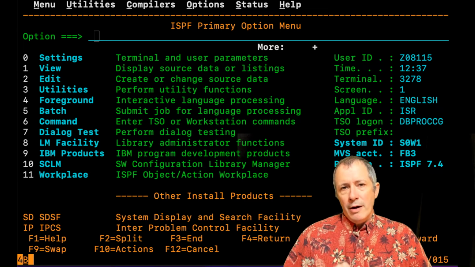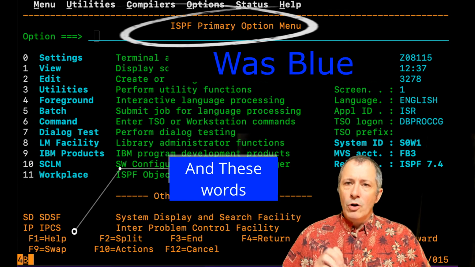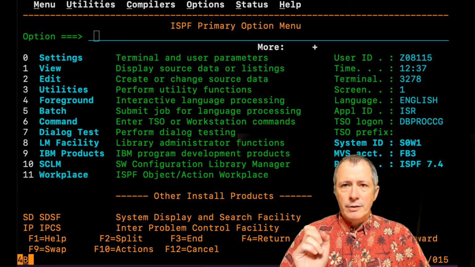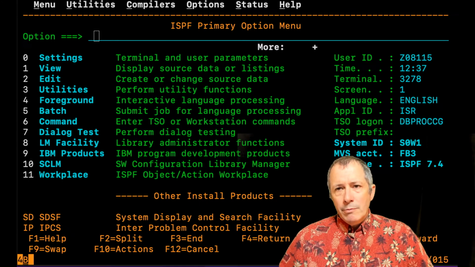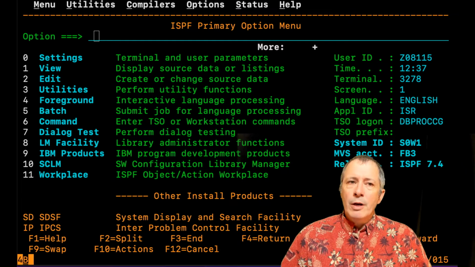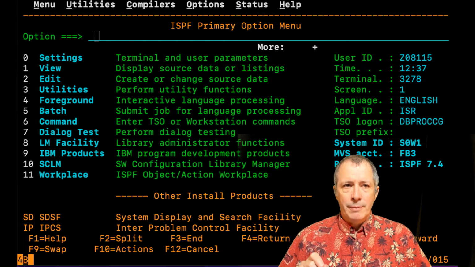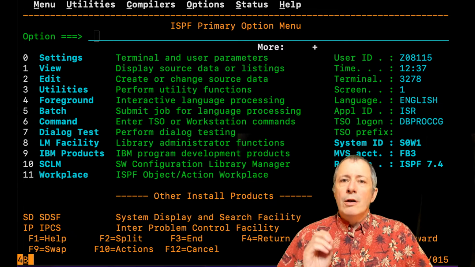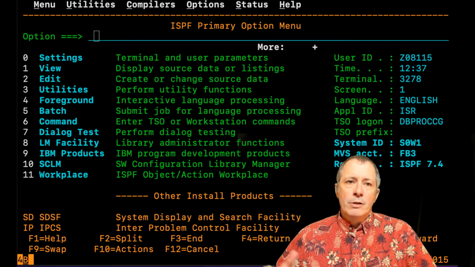Before talking about ISPF specific changes, I want to mention that I changed the color blue to orange. Blue was too hard to see against the black background. I'm using a Mac Mini powered by an Intel chip. The emulator that I was able to get to work is called c3270. c3270 is running in a terminal window. Let's open the preferences for the terminal. Press Command key plus comma,